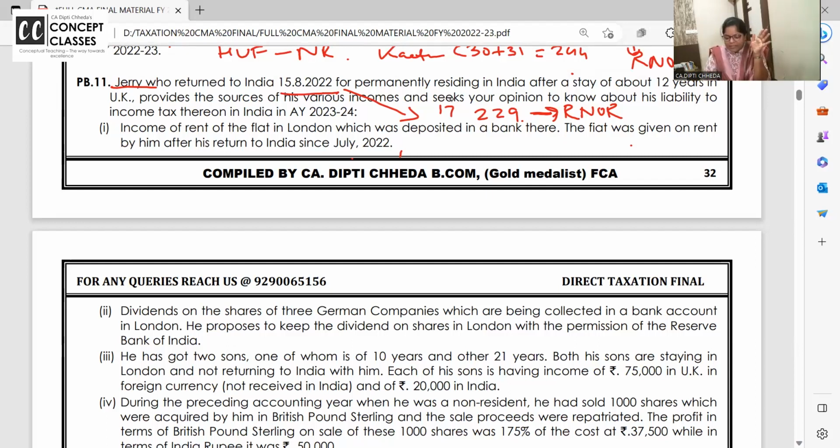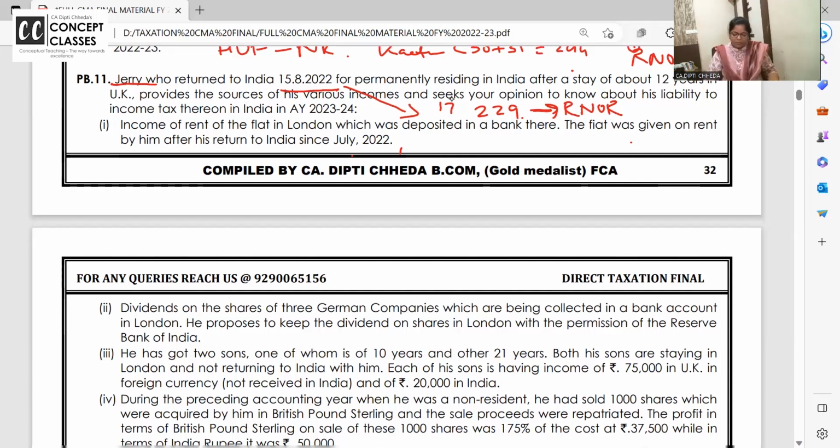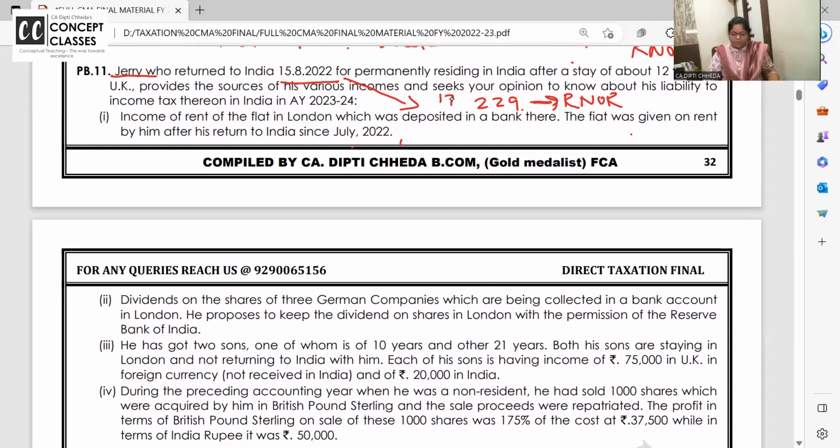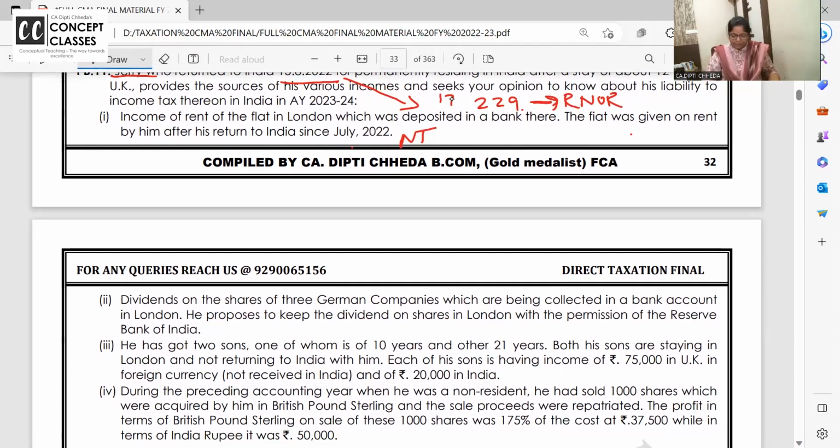I want to repeat, and you also repeat with me, all of you. Resident but not ordinary resident. Income received in India, directly received, not remittance. Deemed to be received. Accrued in India, deemed to accrue. That's it. And one extra: income received outside India, accrued outside India, but business controlled from India, then take that. Okay. So this is not taxable.